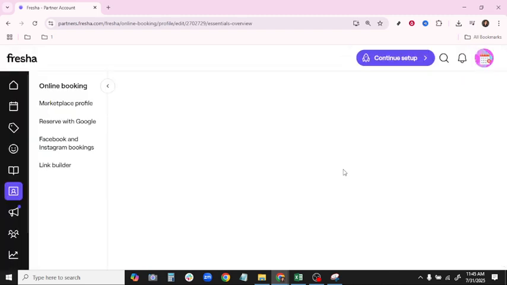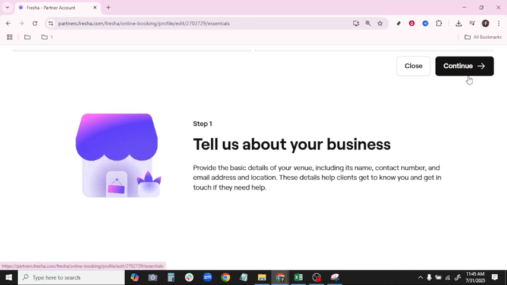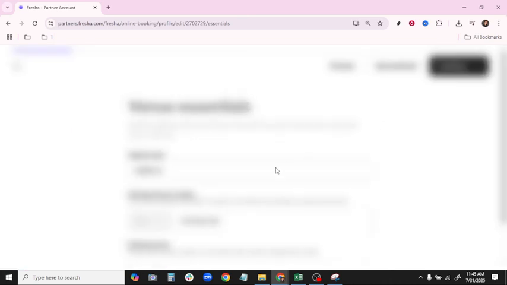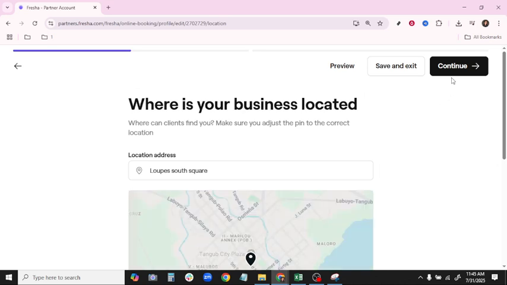Here, you can make changes to ensure your profile reflects the most accurate details about your business. Next, click on Continue. You'll see this button as you move through the profile section, and it ensures that your changes are being processed and bringing you closer to where you want to be. You'll be asked to click Continue again. Sometimes these repetitive actions are necessary to verify your selections, especially when dealing with secure and essential information about your